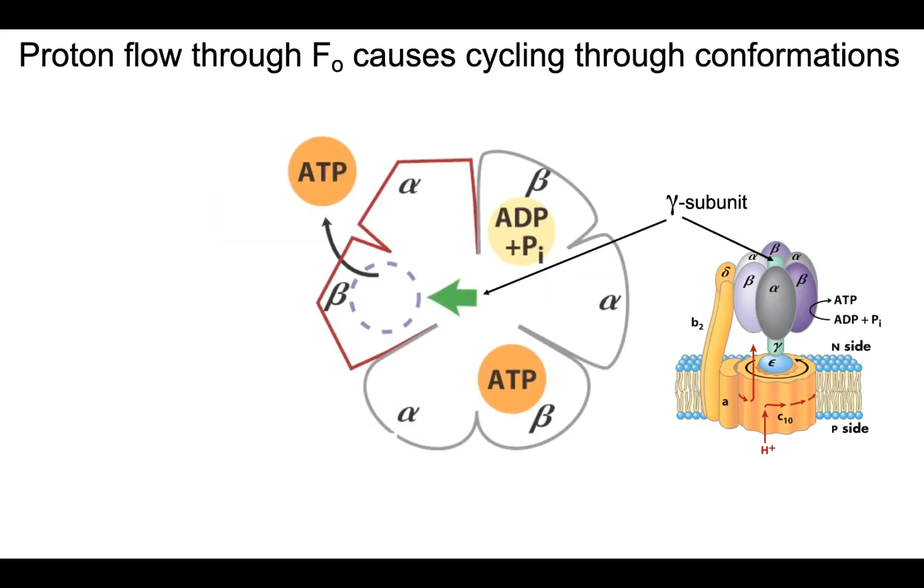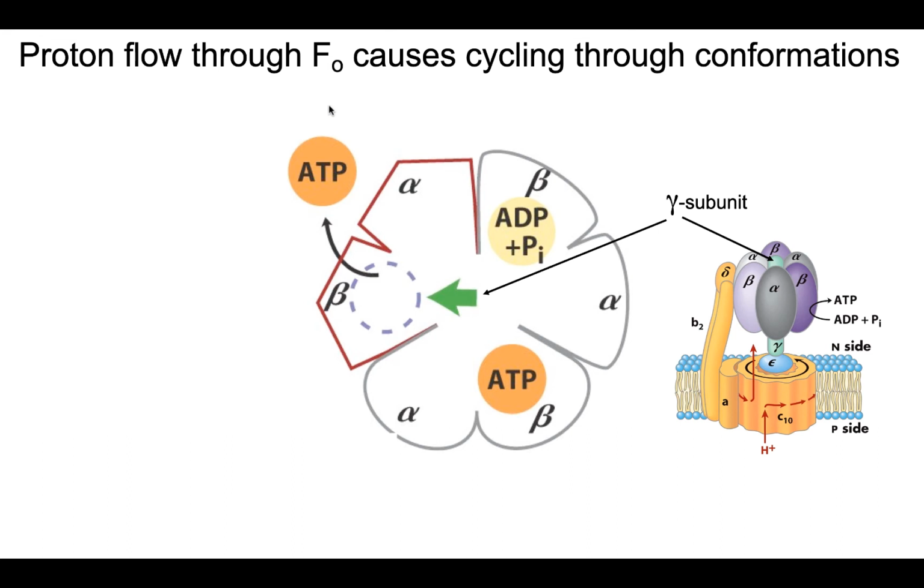If we look top down at these alpha and beta subunits, and top down at this gamma subunit, we see that the gamma subunit is asymmetrical. It's not just a pole. It's a pole with something on the end of it. And when that something on the end of that pole is interacting with a specific beta subunit, it converts it into the empty conformation. So it was binding to ATP, but now it's in the empty conformation and it releases